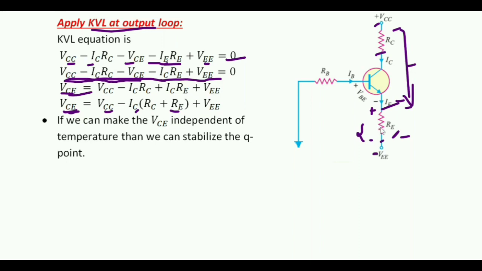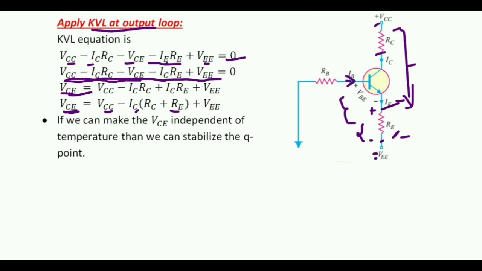RE has more positive voltage, then this will decrease the effect of VE at the base, and this will in turn decrease the IB. This decrease in IB will eventually decrease the static increase in collector current. Through this we can also make the emitter current, make the emitter transistor model stabilize.